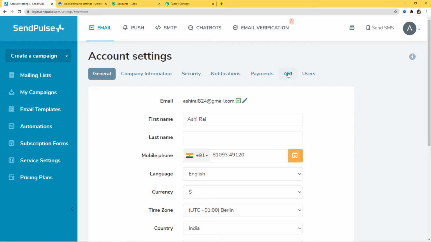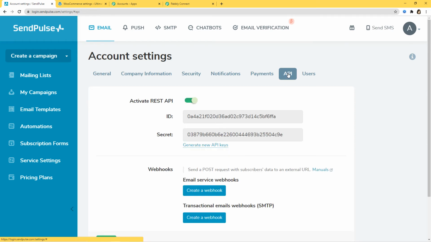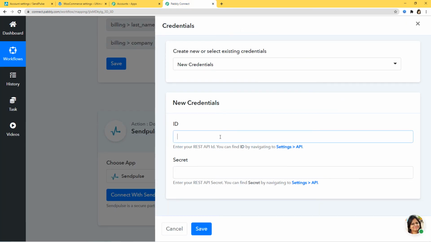So I'm going to click on this API tab. Okay, so here you can see the ID is here and even the secret is here. If you want, you can also generate new API keys by clicking on this. So I am going to copy this from here and I'll go to Pabbly Connect and here I'm going to